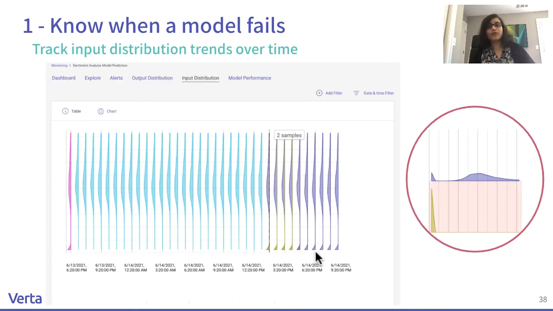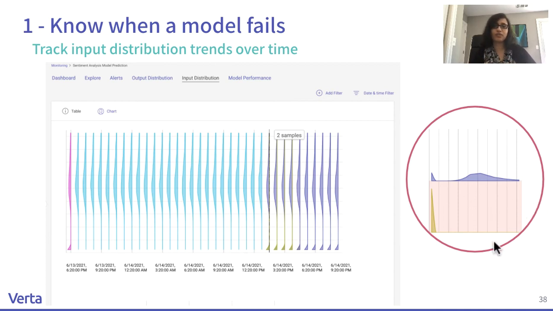Now, model input is another indicator to help figure out underlying shifts in data. So we looked at output distribution. Now let's get a view of input data. How is my input data looking? While tracking down the distribution of input data, we realized that some columns like movie genres are showing a big